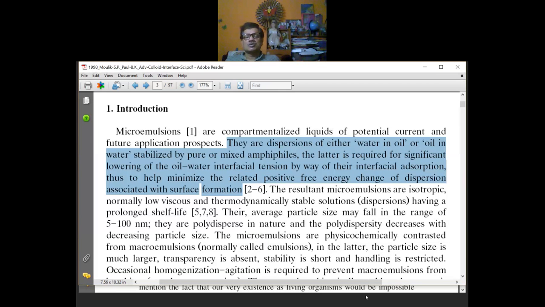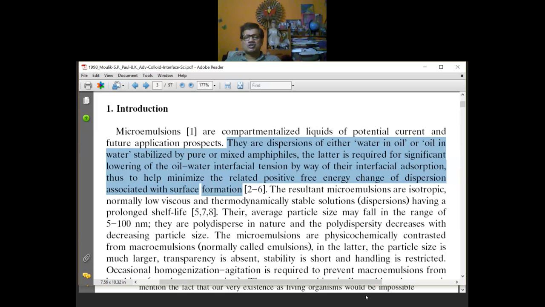stabilized by mixed surfactants, as I will share with you. Sometimes for short chain or single tailed surfactants, you need some co-surfactant molecules because they cannot give full coverage. To make a complete barrier, they cannot completely avoid the direct contact between water and oil. So there sometimes some filler has to be added. I will discuss it. I will show you with an example with the schematic diagram.